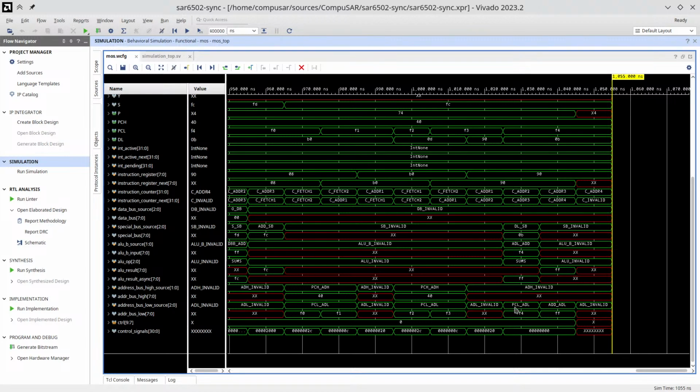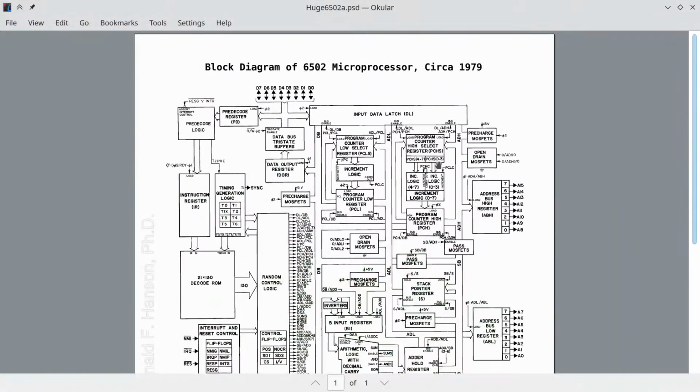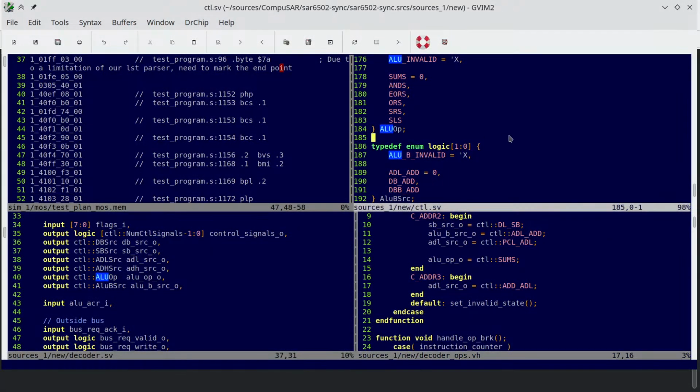Come again. Address bus low gets FF, as it should. So far, so good. Next thing we want to do is we need to load that into the program counter. Now here, this area is how you do it on the 6502, but this area is actually implemented differently in our design. So what we want to do is PCL